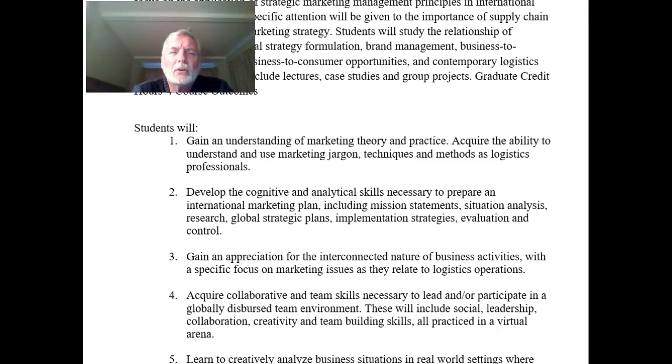All of you hopefully already have or are going to have responsible management positions in logistics, and whatever area of a corporation you're working in, you have to work with other areas. And the more you understand about the other areas, the more effective you'll be in leading your own area of expertise. So you're going to have to interact with marketing people all the time, and understanding how they think, what their language is really, really important.